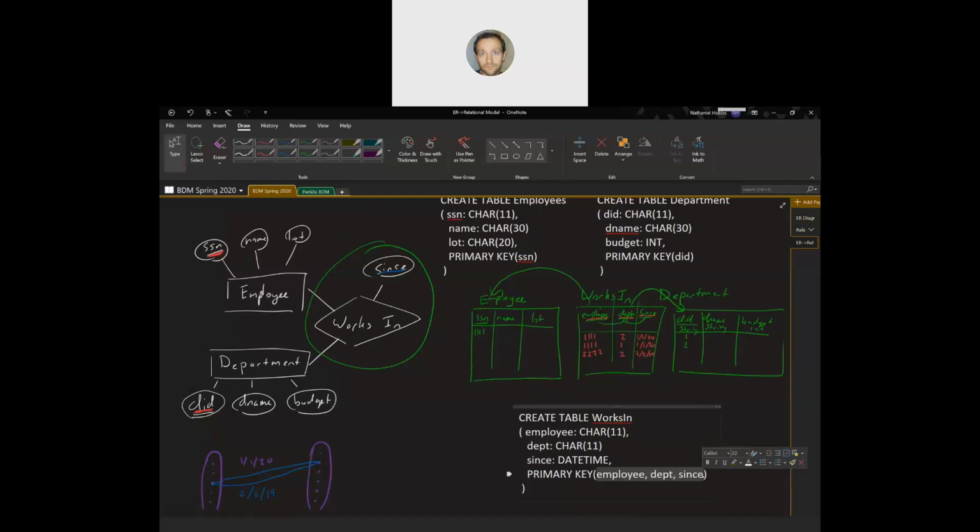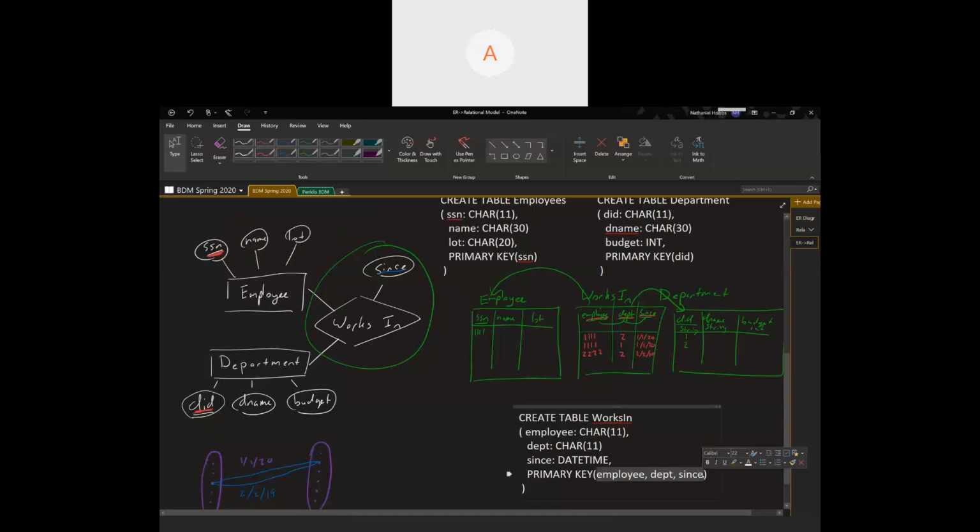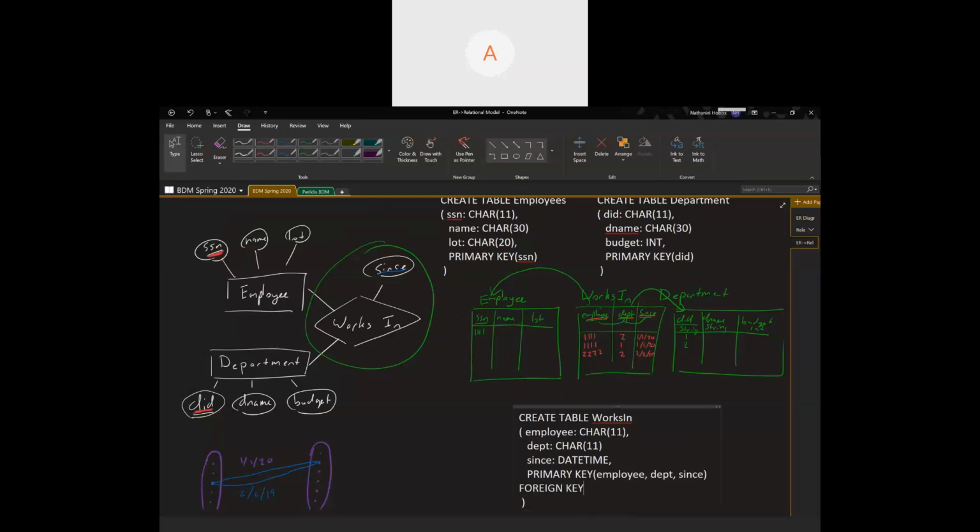Is there a limit to how many primary keys you can have? Yes, you can have exactly one primary key. How does a three-way primary key work? Elena, can you unmute and ask that in more detail? I mean, yeah, Karina Liu also had the same question. She asked, is there a limit to how many primary keys you can have? What does it mean to have a primary key with so many different attributes? And what's the difference between that and having